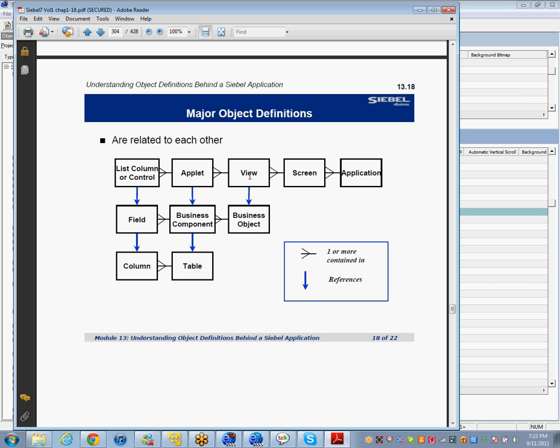What is a business object? Quite frankly, you may not use it your entire life, but we'll discuss that a little bit. Business component is more important for us. So it's a frequent thing that for an applet you need to know